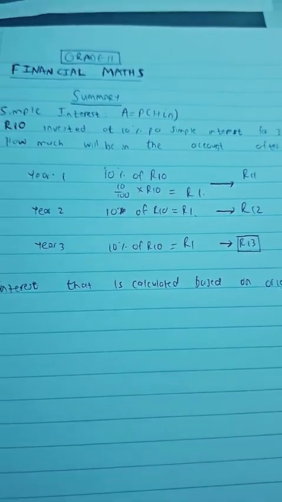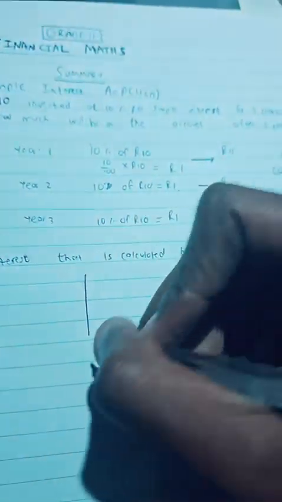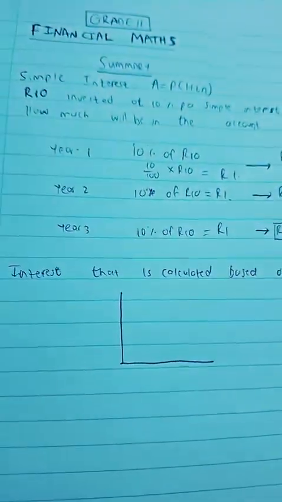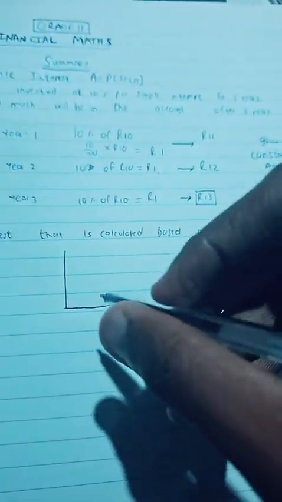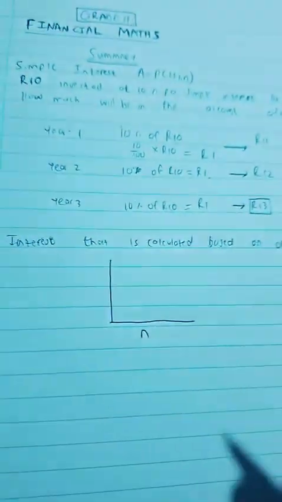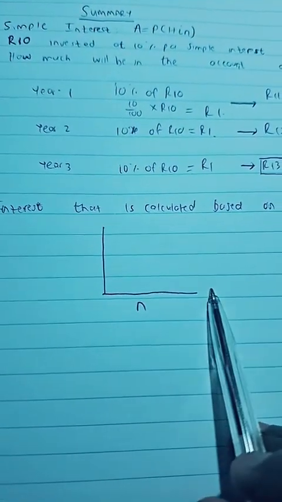So that is why if we represent simple interest graphically, N, which represents the number of years,